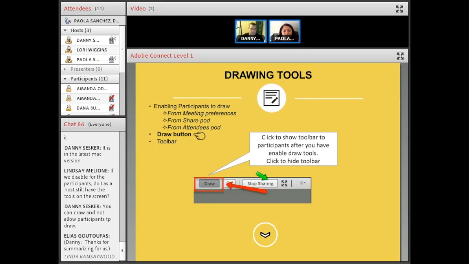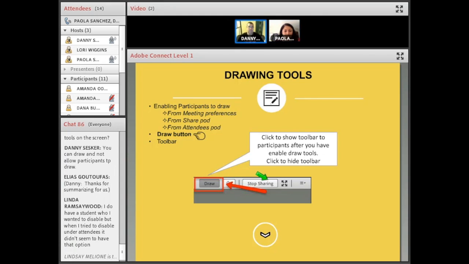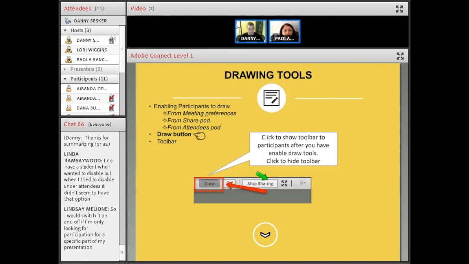So this is something that I want you guys to pay attention to, because this is a very important step. For your participants to be able to draw, you have to actually click on the draw button. And you guys right now are participants. Okay, so I'm going to try this with you. I'm going to click on the draw button on my end,